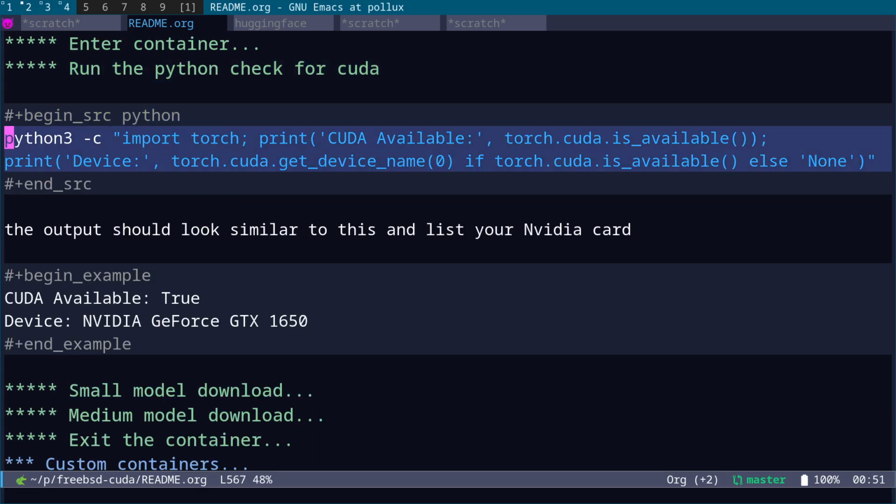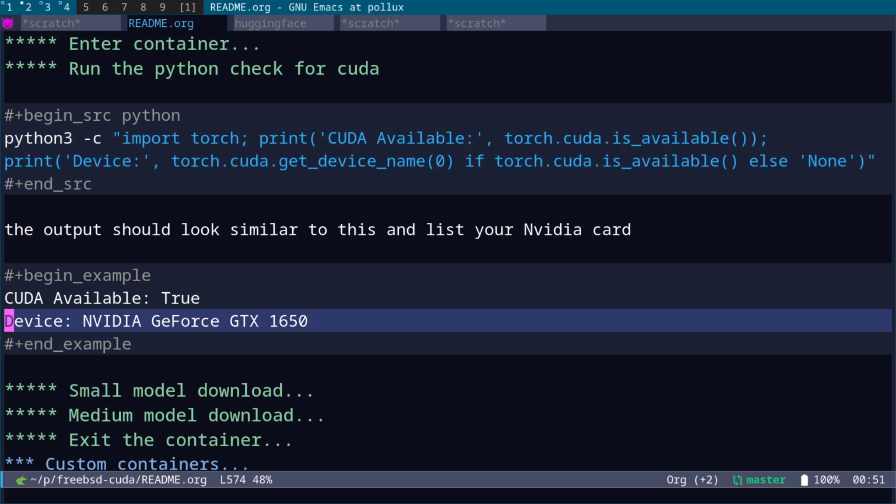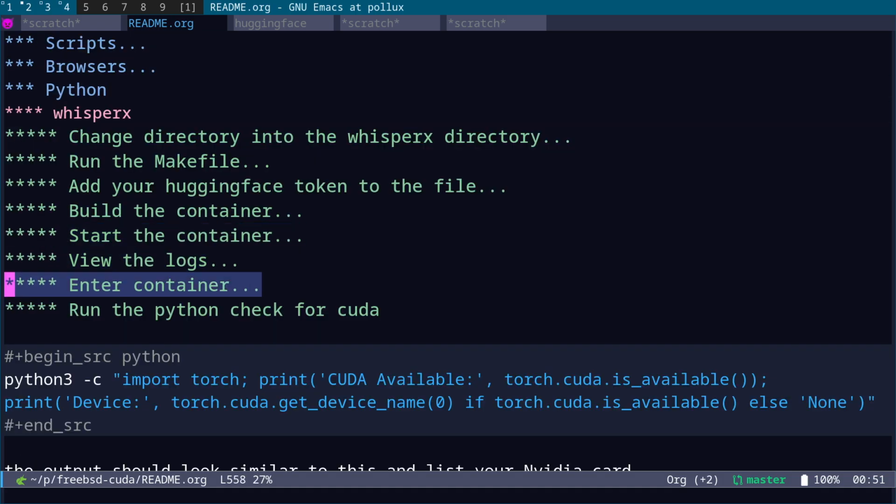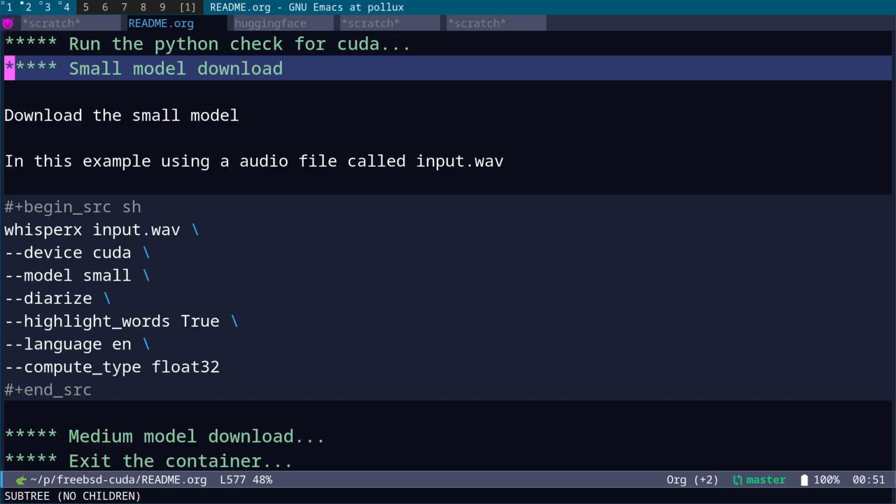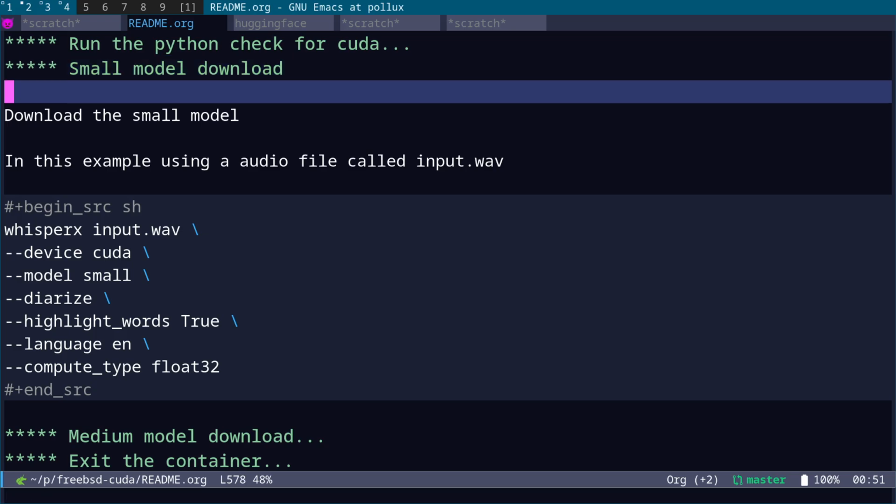We then run the Python check with this code, and what it'll do is output something like this: Cuda variable equals true, and it'll list your graphics card. Once that's done, you're good to go. Now, then what we have is the models download. So what you're going to want to do is